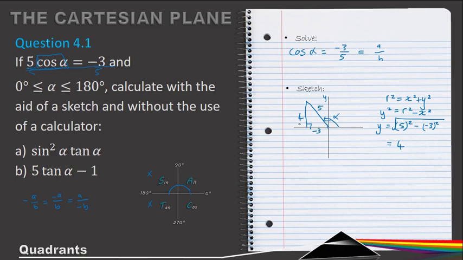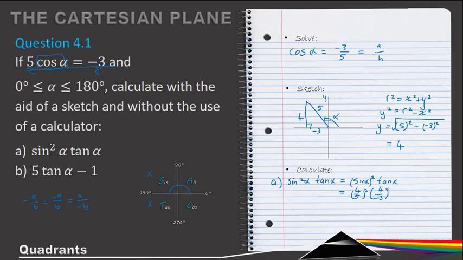So this is 4. And then finally, I need to calculate sine squared alpha. Now, this notation, if I write sine squared alpha, the notation actually just means the ratio of sine alpha, which is squared. So just to write out the whole thing, I can rewrite that as sine alpha, which is squared, and then times by tan alpha. So now I just substitute in my values. My value for sine alpha is opposite over hypotenuse. So opposite over hypotenuse is 4/5 squared. And my value for tan alpha is opposite over adjacent. So opposite over adjacent. So that's